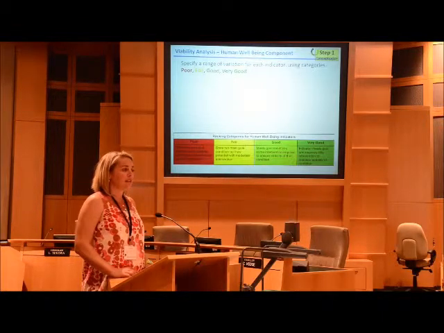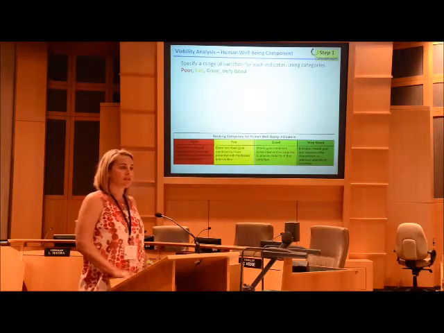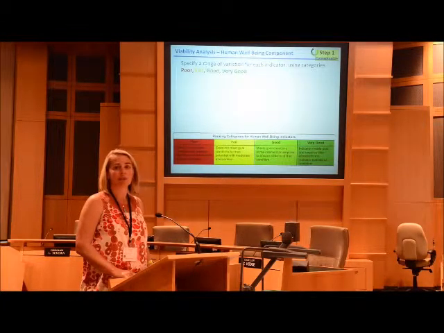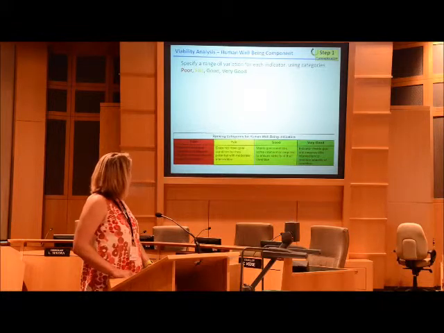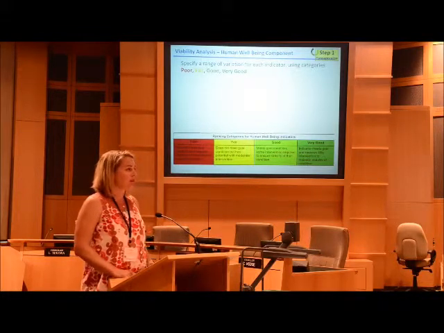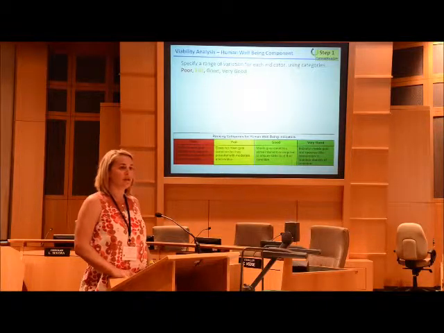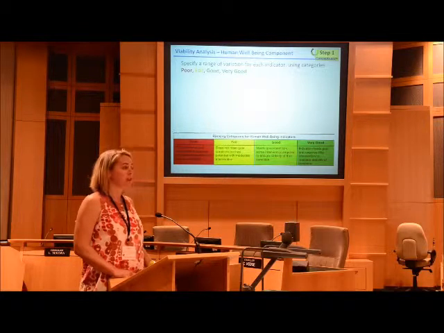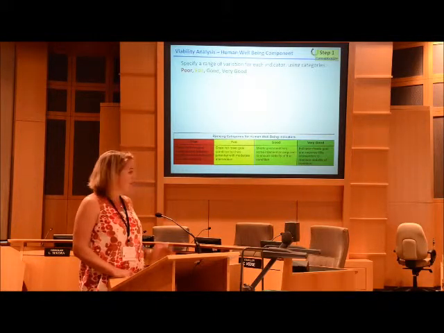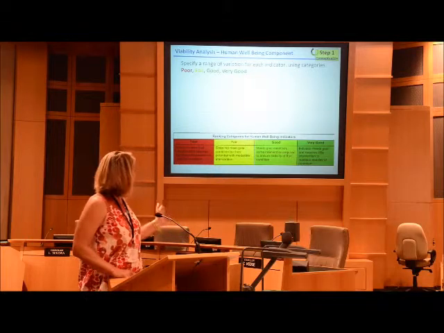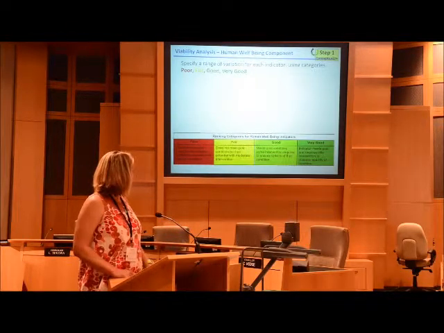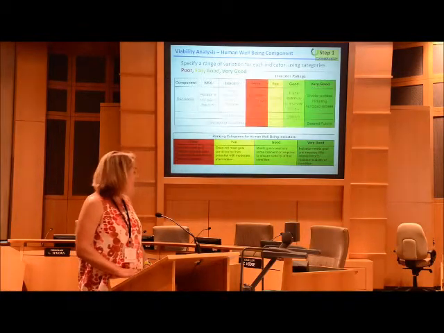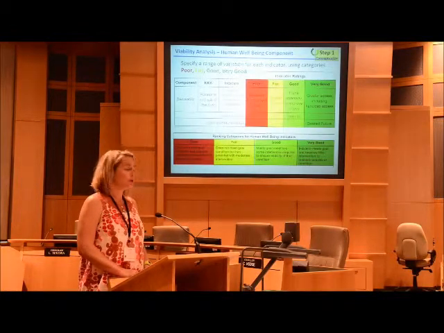Human well-being components are slightly different because we don't have natural ranges of variation for the things that we value related to the human system. So instead, we depend on the community goal statements. Very good is that you're in the condition that you'd like to be in with no need for intervention. You're stable. Good is that you're in the goal condition, but there's intervention required to keep it stable. Fair is that you're trending in the wrong direction, and poor is that you're not meeting goal condition, and it requires significant intervention to improve the condition. So again, here's an example from the recreation component.